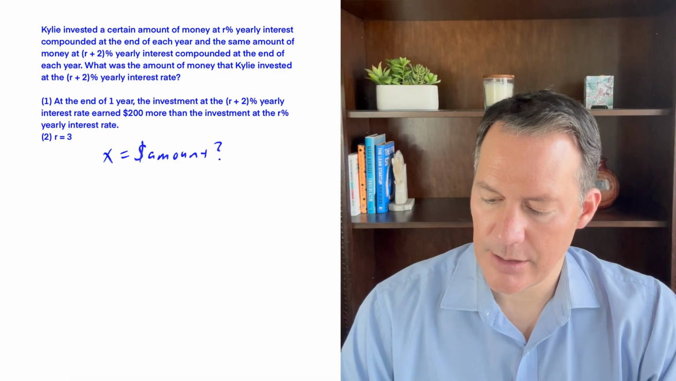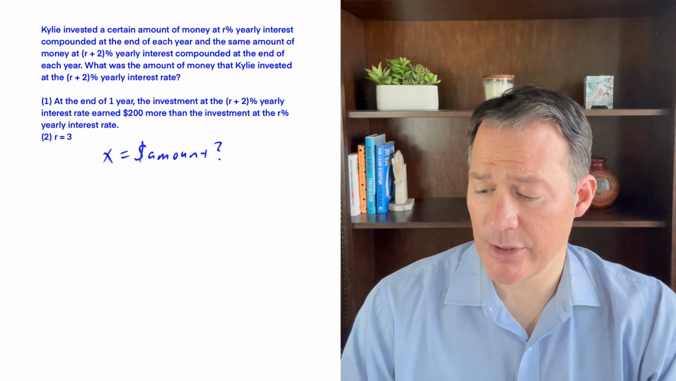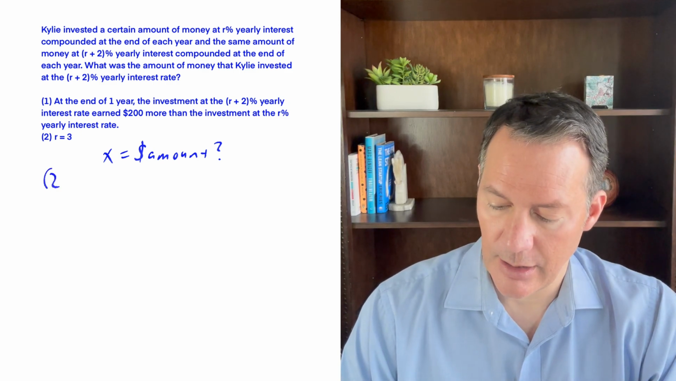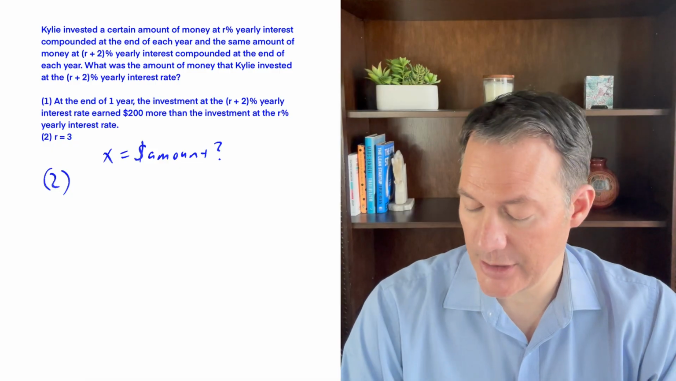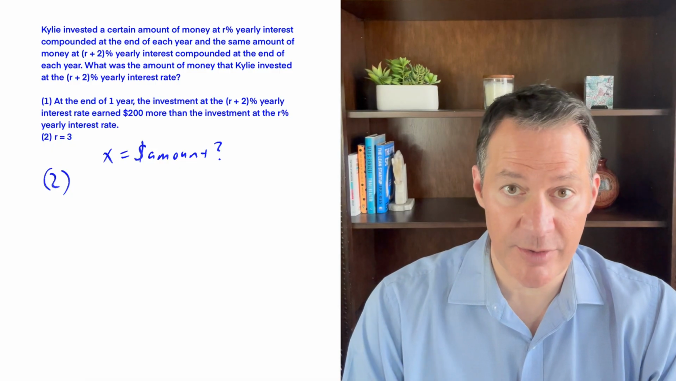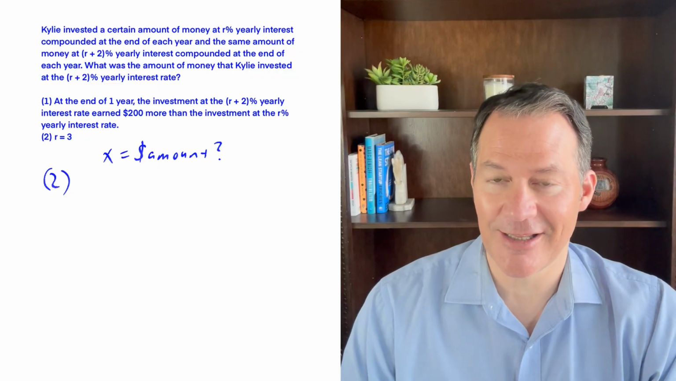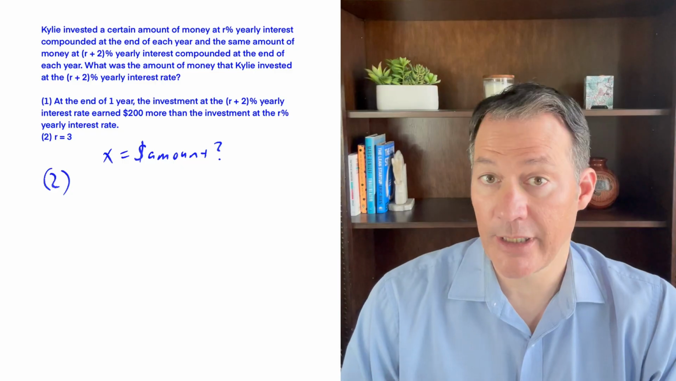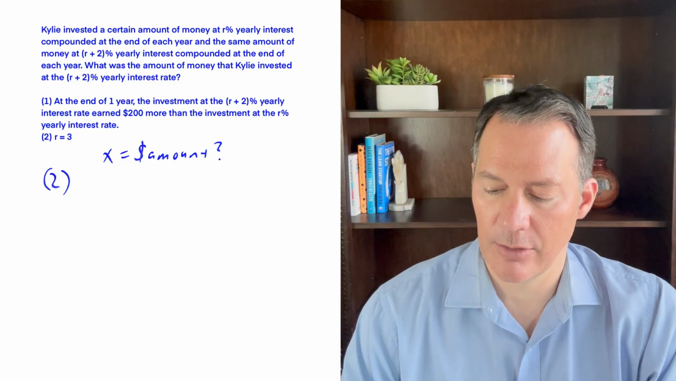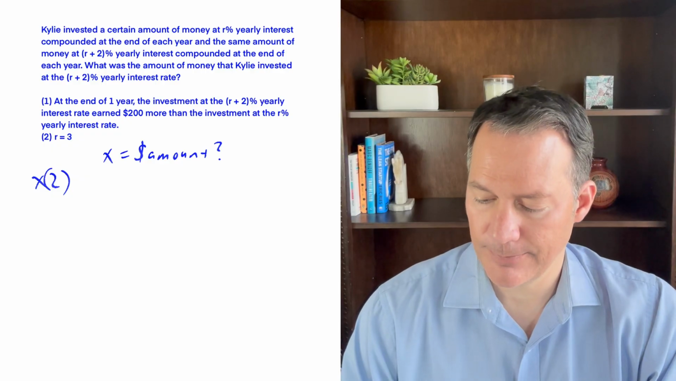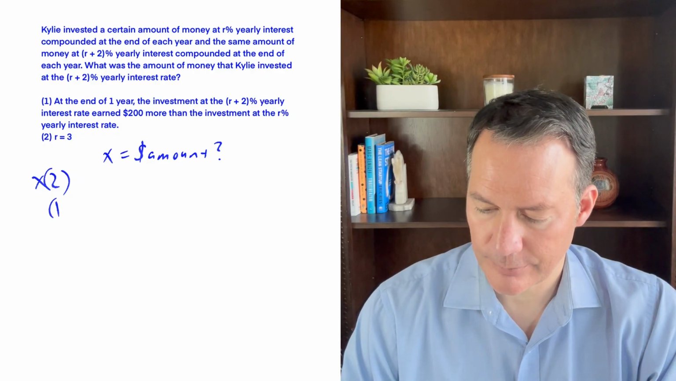So let's go ahead and start actually with statement 2 because it's easier, and often working with an easier statement first can help you solve more efficiently. So if R equals 3, that tells us we have a 3% account and a 5% account, but no idea as to the scale, right? We could have $1,000 accounts or $1 million accounts. We just don't know. So this is not going to be sufficient, and we can move on to statement 1,